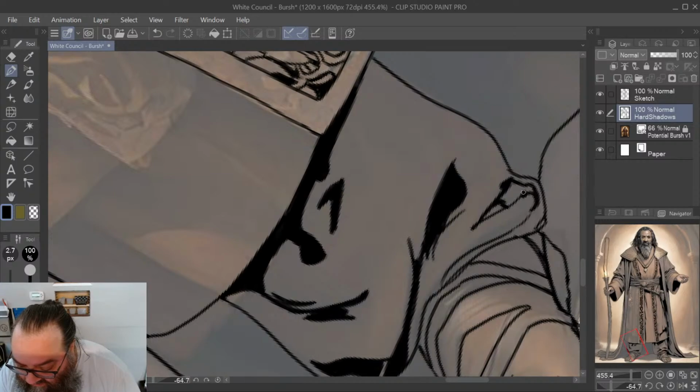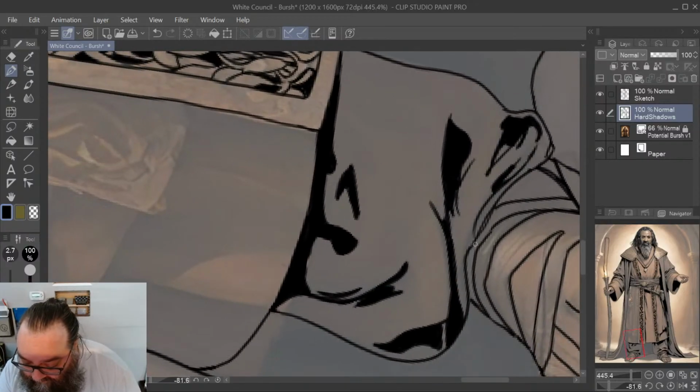But for this sketch, kind of like also for the Villigau sketch and the Will sketch, I think there's just enough information here that I can get more hard shadows in this than with some of the other ones. Some of the other ones just didn't feel like doing really hard black shadows would do much for the sketch.